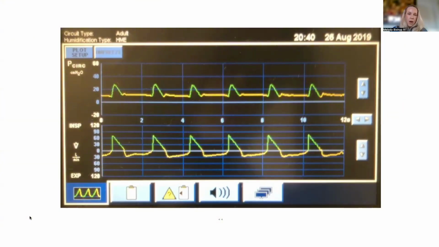Yeah, one really cool thing about this waveform specifically is that you don't have settings or mode, but that in itself is a really good application for people that are learning waveforms, because you don't have to know the settings to be able to recognize. When I look at this, it is really important to know what normal looks like, and you need to know the mode in order to know what normal looks like. But looking at the waveform, you can kind of find that. Looking at this, I think it's volume control. Perfect. And I agree. I think that is because of the flow-time waveform. It is a true descending ramp.